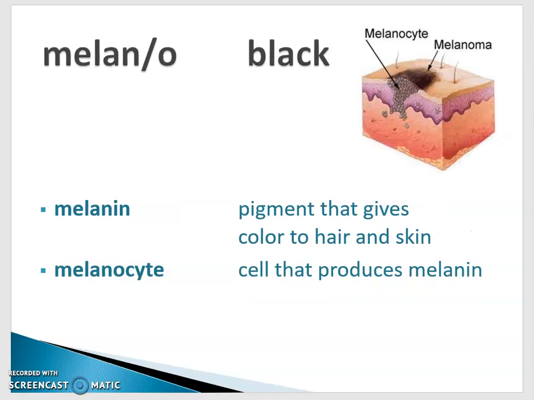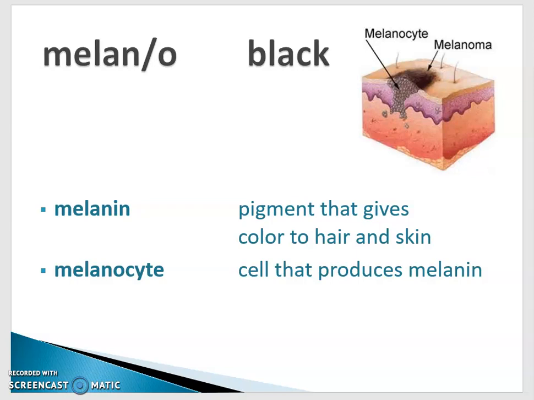And our last color that we're going to cover in this chapter, actually in this semester, is melano, which means black. You heard me mention melanin earlier. This is a pigment that gives color to hair and skin. It's produced by something called a melanocyte, a cell that produces melanin, or melanin, depending on who's pronouncing the word. So these cells produce the type of pigment that is going to give color to your skin and